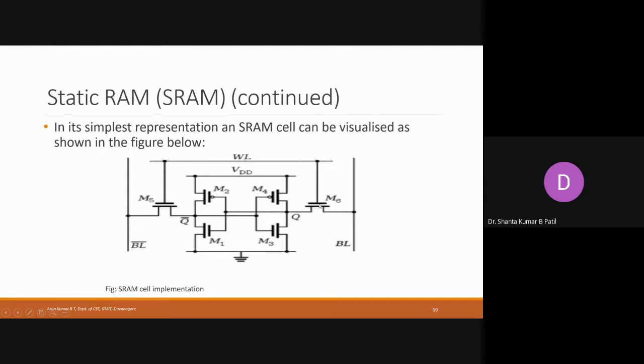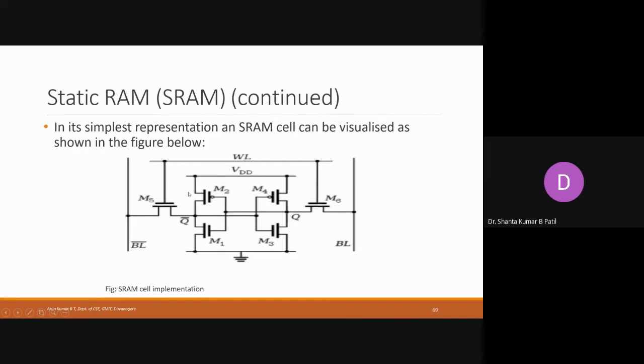So they enable these two transistors, and whatever signal is available at this point is 1. If BL is 1, as all of you know, BL complement is 0. So 0 has come to the base of these two transistors, and this one starts conducting. Whereas from this end, 1 comes to the base of these two transistors.